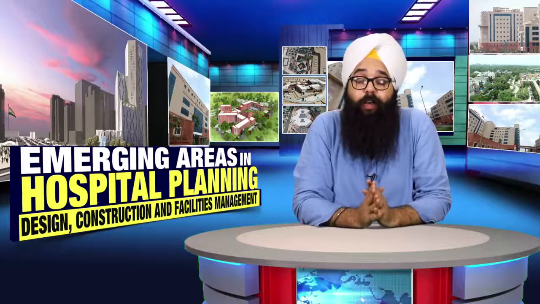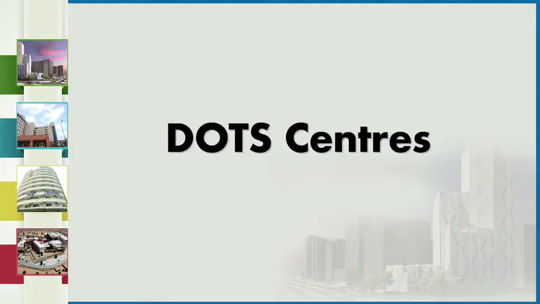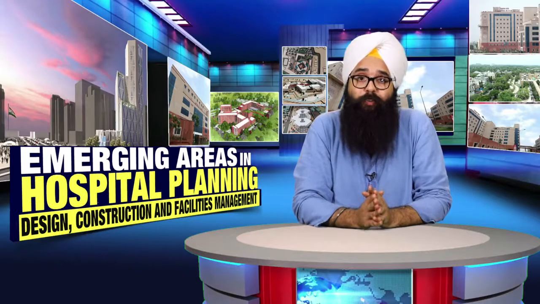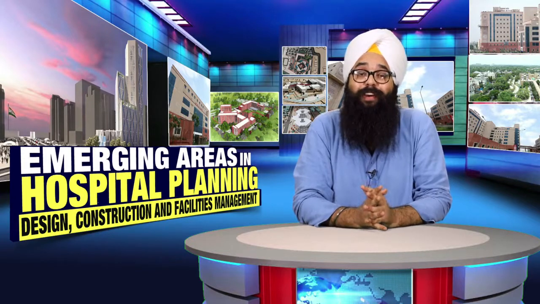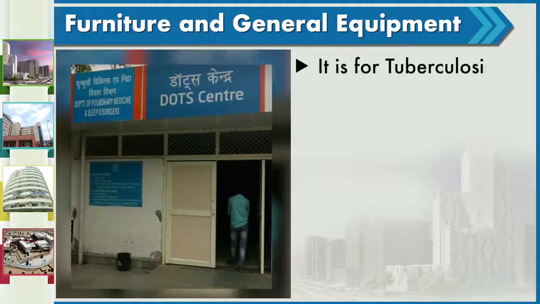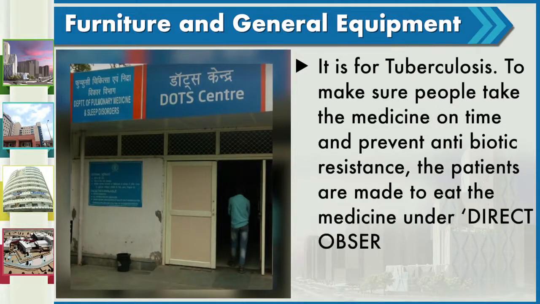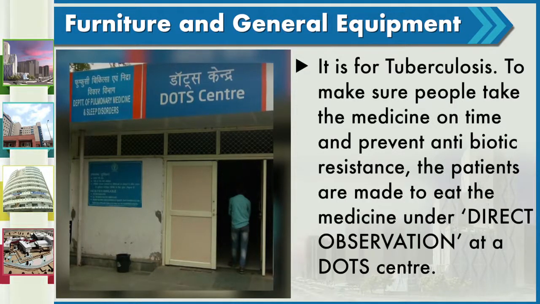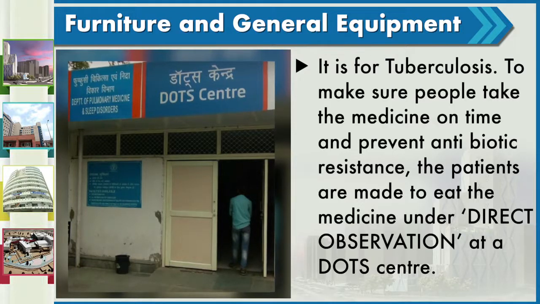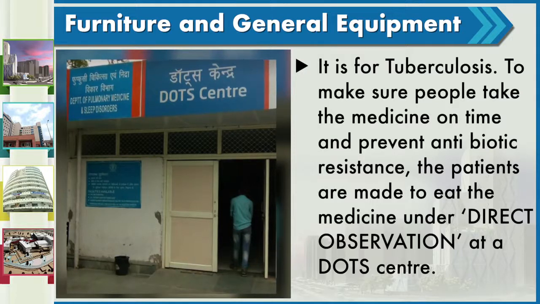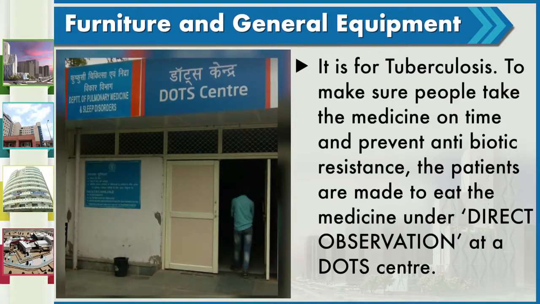Now we look at a very important area, a satellite area of a hospital called a DOT center. What is the full form of DOTS? The full form of DOTS is Directly Observed Treatment. It is for tuberculosis. Now, what do you mean by directly observed? It means that in a community where people have tuberculosis, there is a very high risk of antibiotic resistance. Otherwise, the medicine has to be taken for 6 months. What people do is eat it for 2 months, and then they start feeling good and they stop eating the